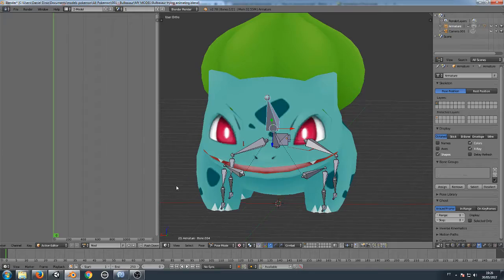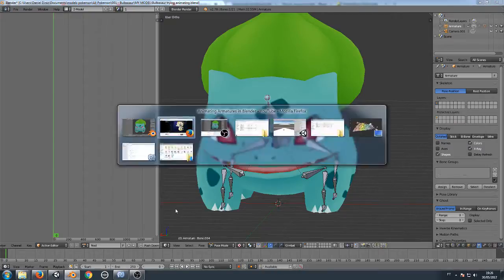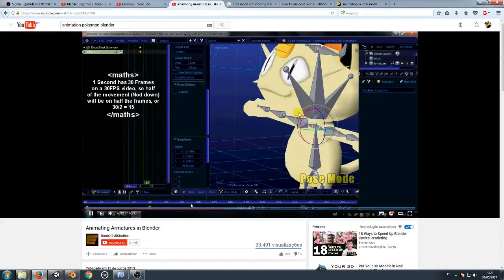Our next thing that we do when we nod our head is move our head slightly downwards. Now I'm going to say I'm going to do that on frame 15, because he's going to nod his head for about a second. So, we've now set our frame